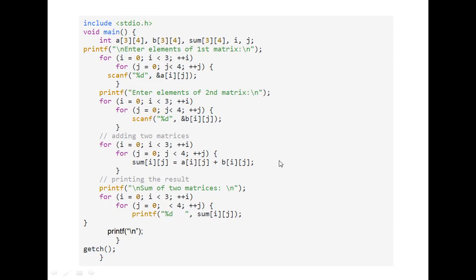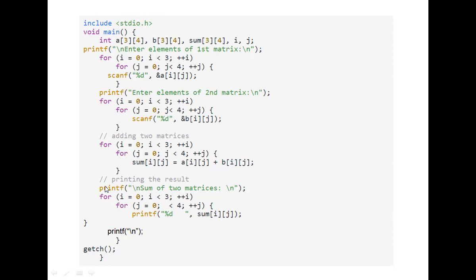This is the crux of the entire story. This is the formula where we will be finding the sum of the two matrices, and we will apply the formula sum i j. Each element of the matrix sum will be made by the addition of corresponding elements of matrix A and matrix B, as we discussed in the last mathematical example. The first element of sum will be the first element of A plus the first element of B. The second element of the sum will be the second element of A plus the second element of B, and so on. So this is how we can create the sum of the two matrices.